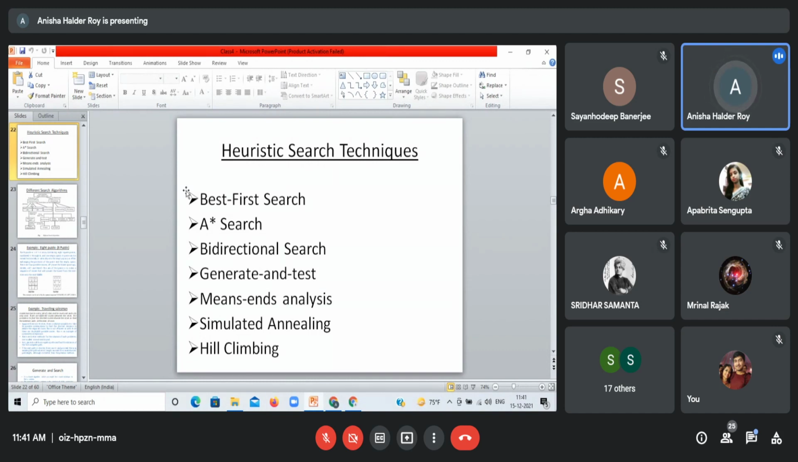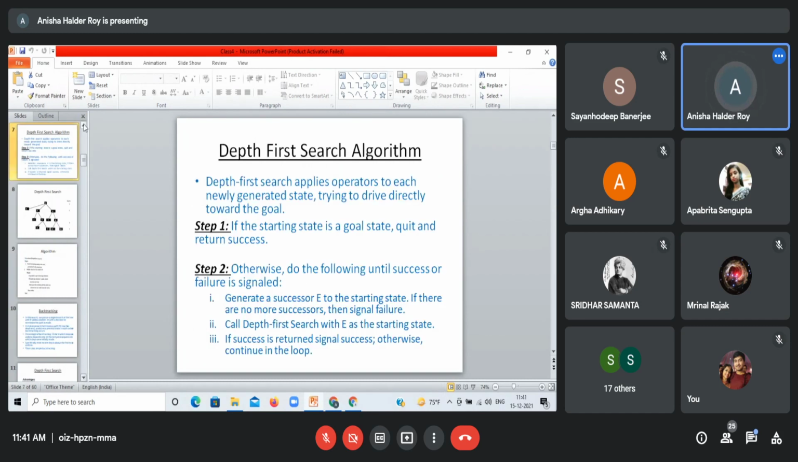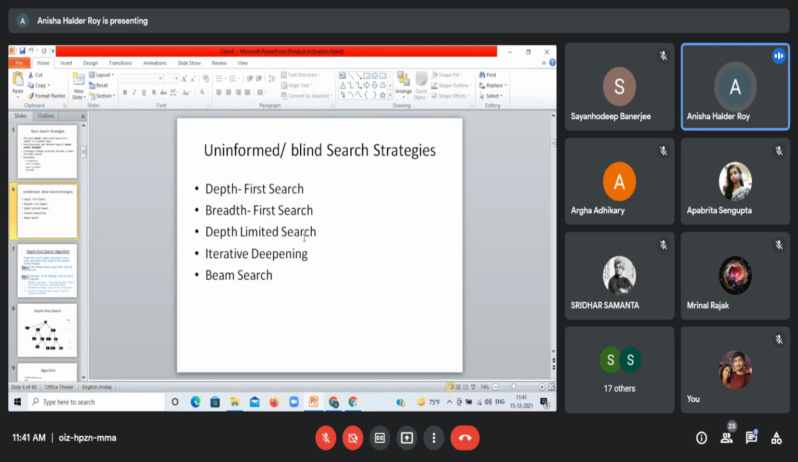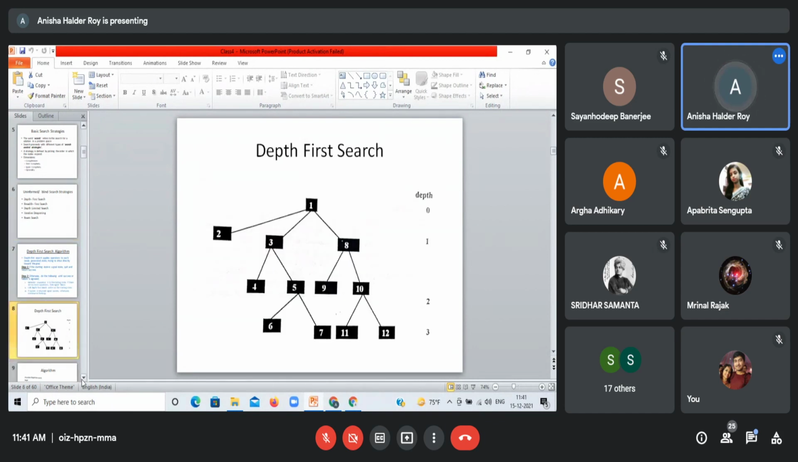There are two types of search technique. First one we have already covered, blind search. Okay, blind search technique or uninformed search technique আমরা এগুলো পড়ে নিয়েছি। beam search ছাড়া বাকিগুলো আমরা পড়েছি। depth first search, breadth first search, iterative deepening. This is part of depth limited search. খুব ইজি, একটু বোঝার চেষ্টা করো।